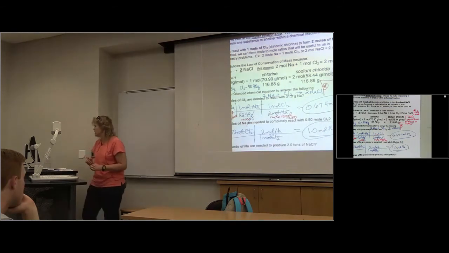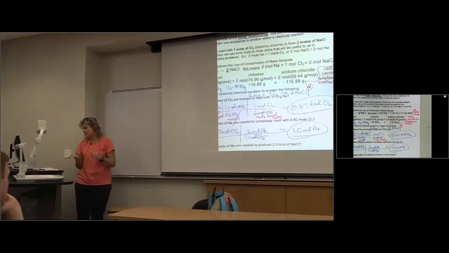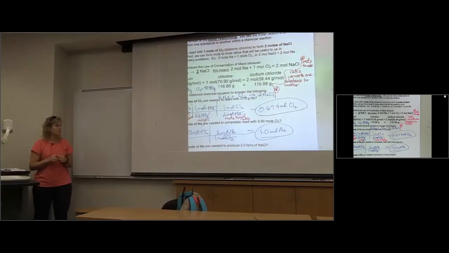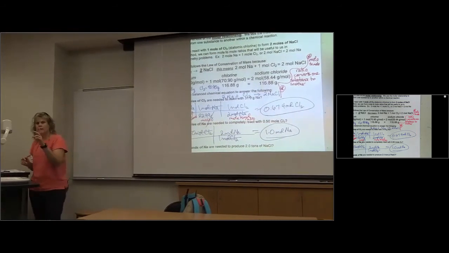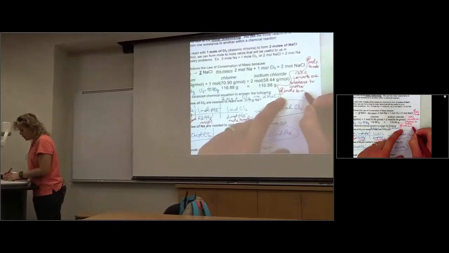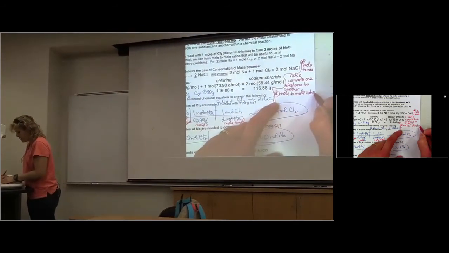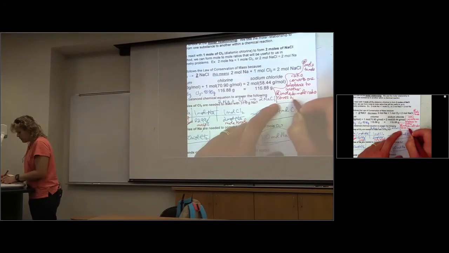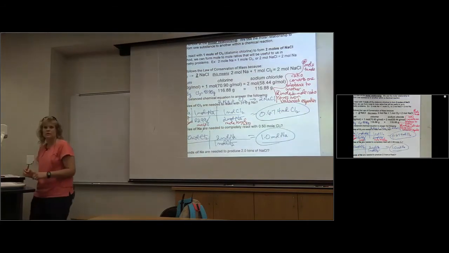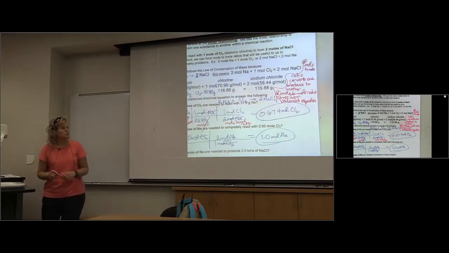Without a mole to mole ratio, you cannot have stoichiometry. Also, the mole to mole ratio comes from the balanced equation, which should also tell you that you have to have a balanced equation. So the mole to mole ratio converts one substance to another, and it comes from the balanced